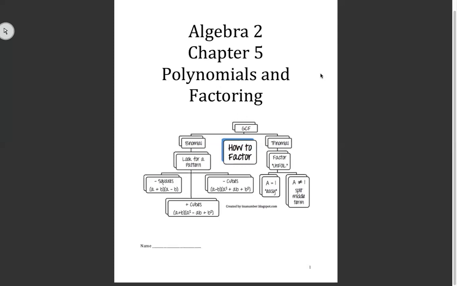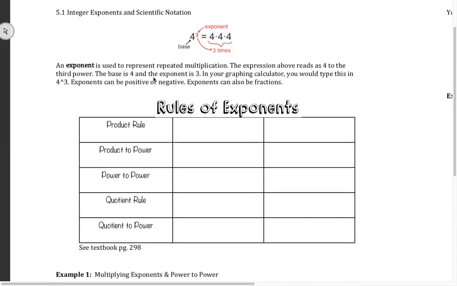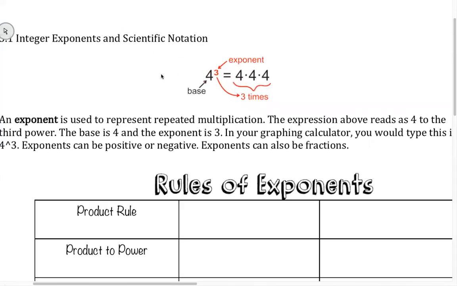Now, I really like factoring, and I find it a lot of fun, but there's a lot of things that you have to try and pick up along the way, and I'll do my best to explain them to you. So, moving forward, the first section we need to talk about is